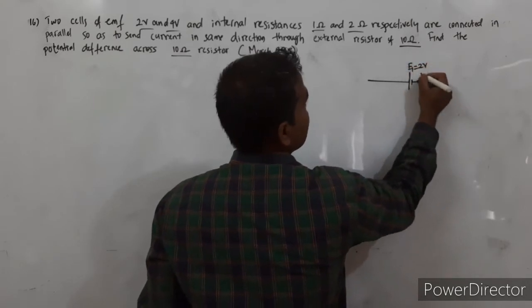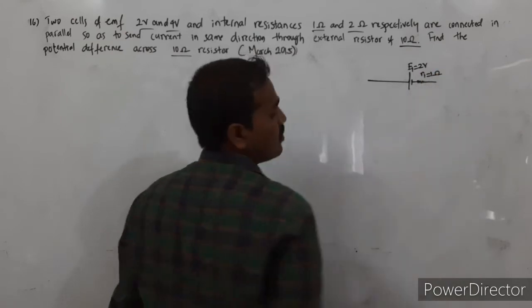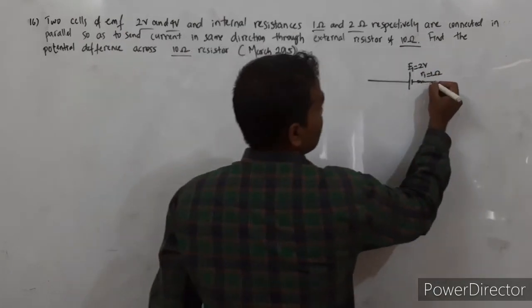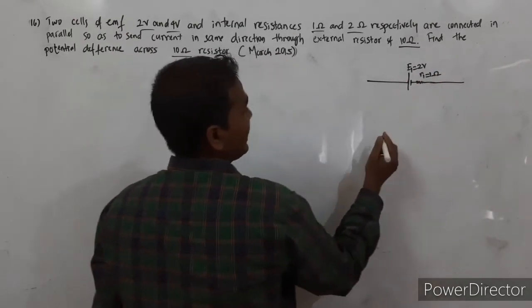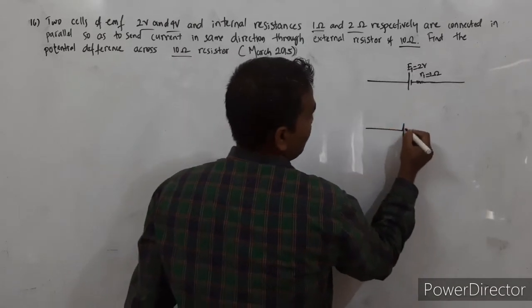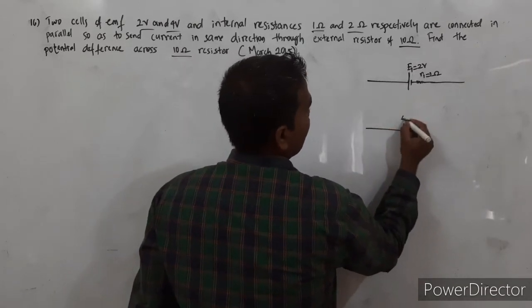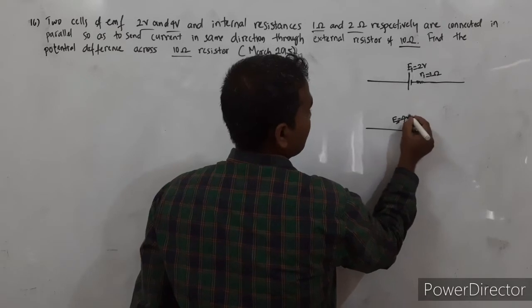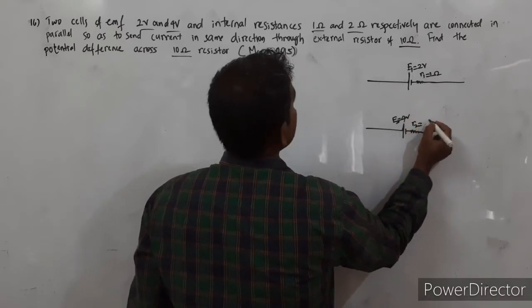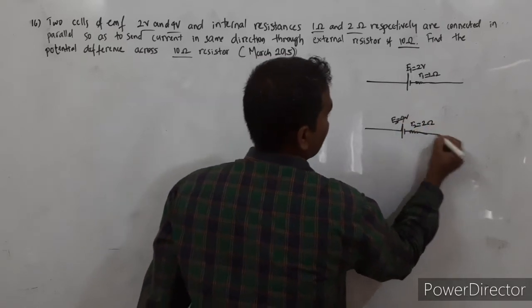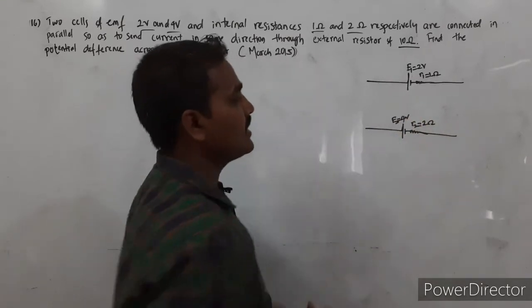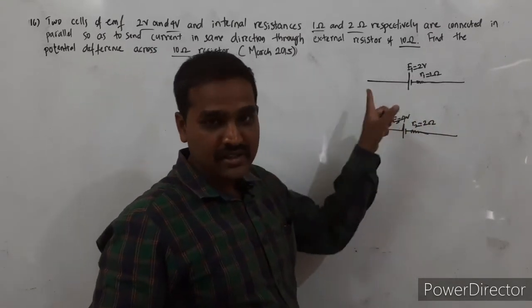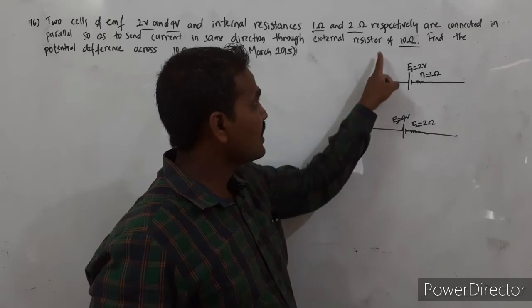Let its internal resistance be R1, which is equal to 1 ohm. This is in parallel combination with another cell whose EMF is 4 volt. Let me write it as E2 equals 4 volt, and its internal resistance is 2 ohm. And they are connected such that they send current in the same direction, which passes through an external resistor of